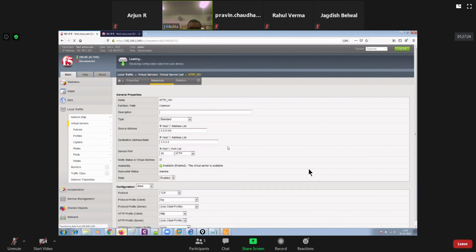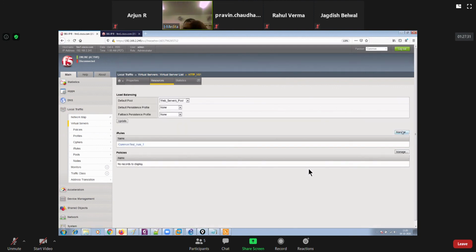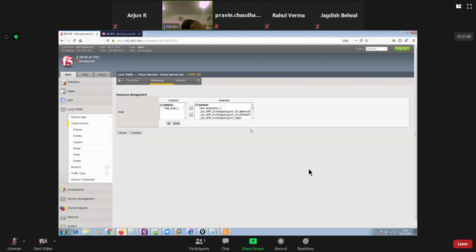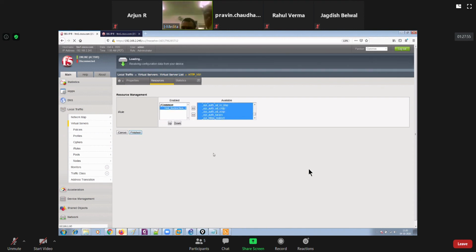Resources, and thereafter change the iRule. Manage. We can also have multiple iRules applied to a single virtual server at the same time.